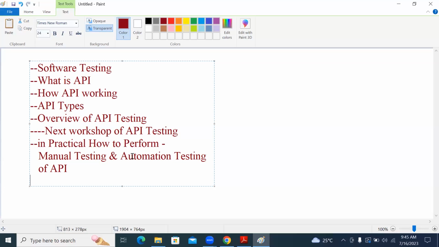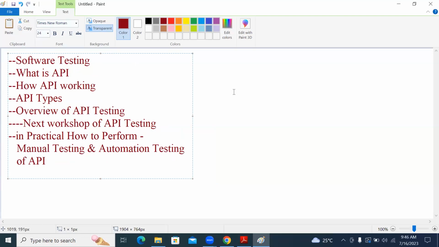That is what I'll take in the next practical workshop. But as part of today, just understand the very basic overview related to this API concept. Okay, right. Let's get started then.